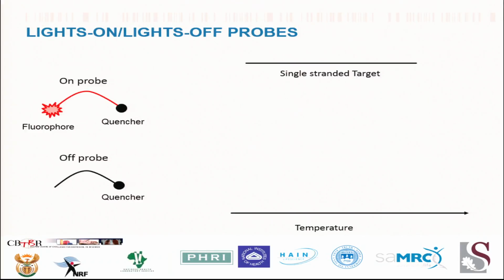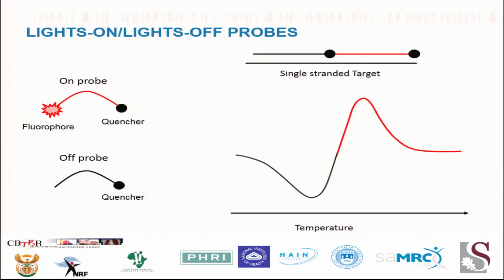So here's an example, just a graphic example. If we have the single-stranded piece of DNA, we have a probe with a fluorescent marker and a quencher, and then we have an off probe, and the on probe can bind to the single strand, and the off probe can also bind, and then when one now melts this hybrid, one sees that one gets a particular fluorescence curve, which is indicative of a particular DNA sequence